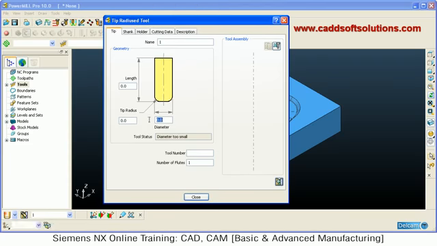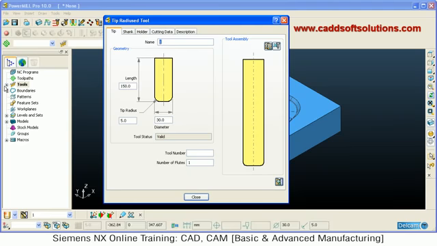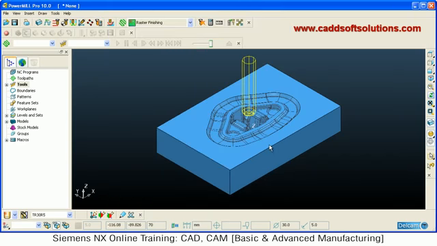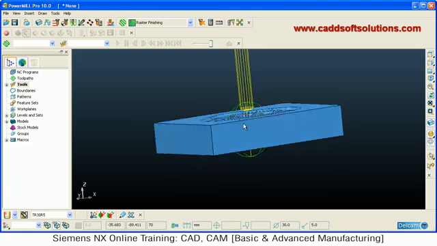Then I have to define the diameter of the tool. Suppose I want a tool of 30. Then my tip radius is, suppose, 5. Then you have to give a proper name to the tool, so that if there are 50 tools, you are able to recognize this particular tool. For this tip radius you can use the nomenclature TR for tip radius, then 30 R5. A proper nomenclature is very important, so that you can recognize the tool later on. In this way the tool has been defined.